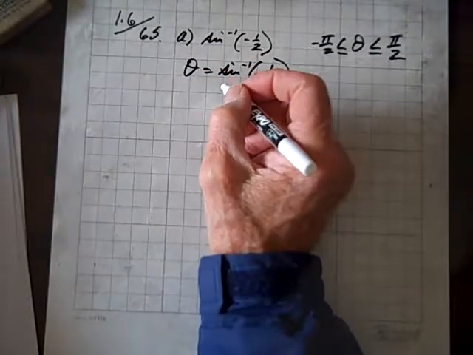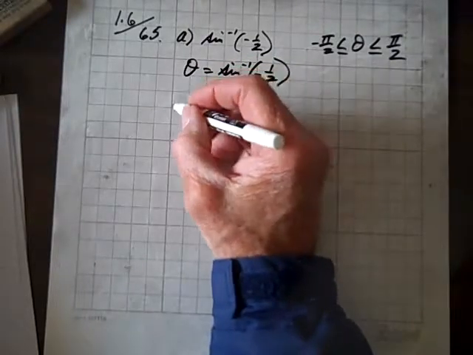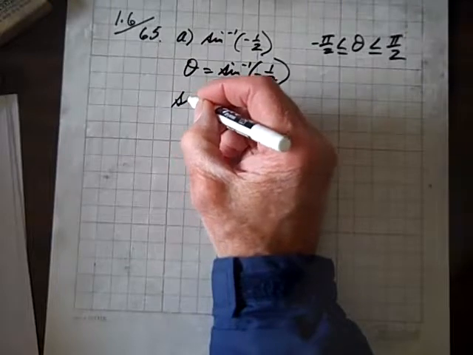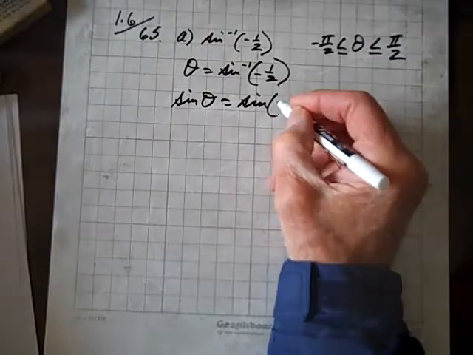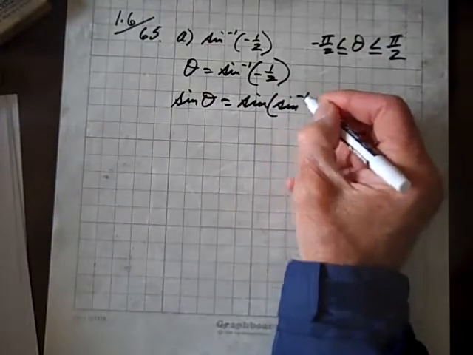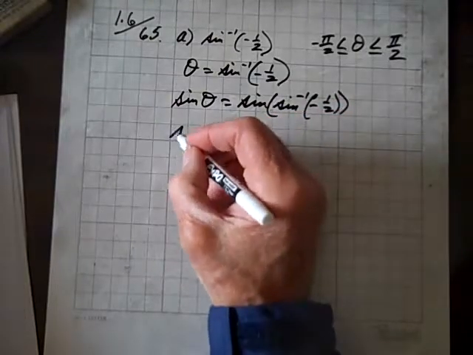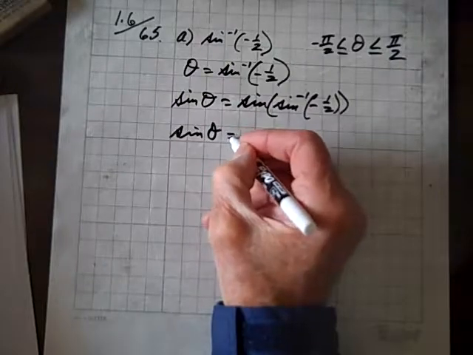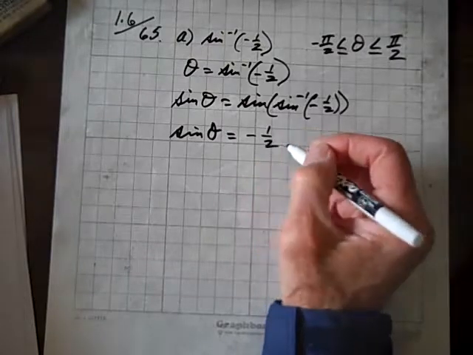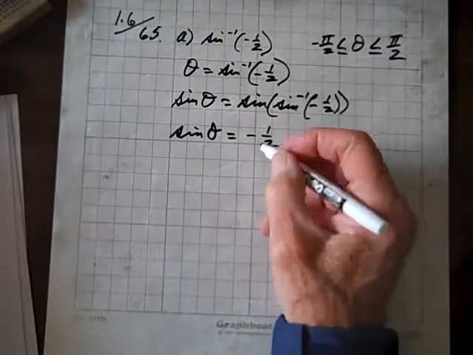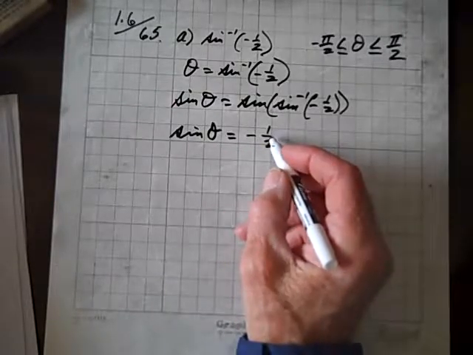Anyhow, now let's evaluate the composite of the sine function and its inverse. So we'll take the sine of both sides, and so we have the sine of the inverse sine of negative 1/2. Since we've taken the composite of a function and its inverse, we get back negative 1/2, what we started with. So theta equals,